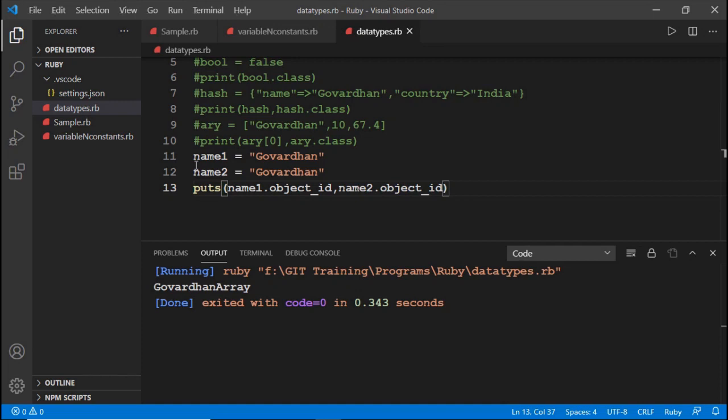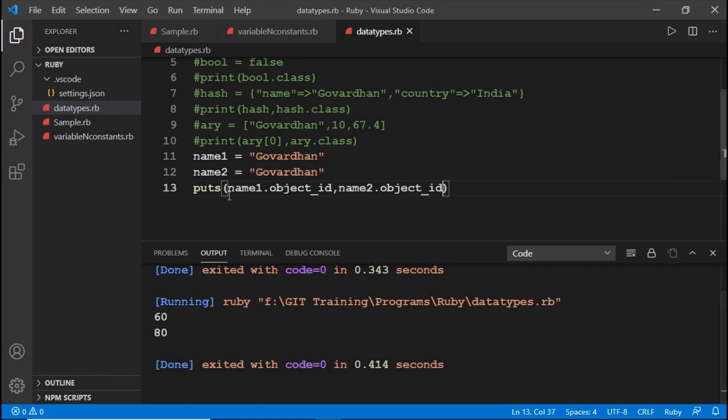Let us run this one. See here, both name1 and name2 store the same value, but the interpreter takes two different addresses, two different memory locations.